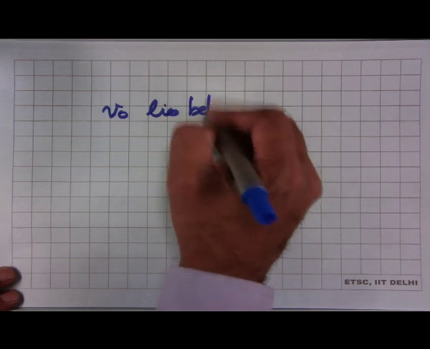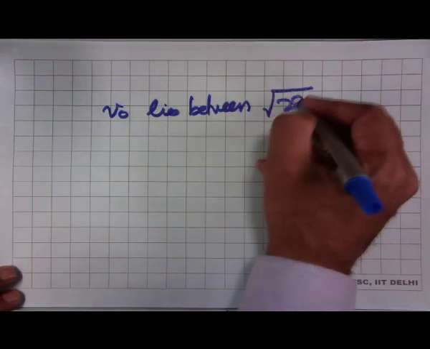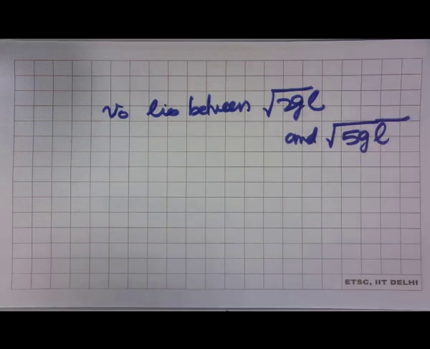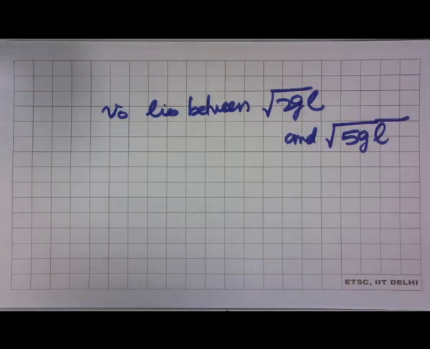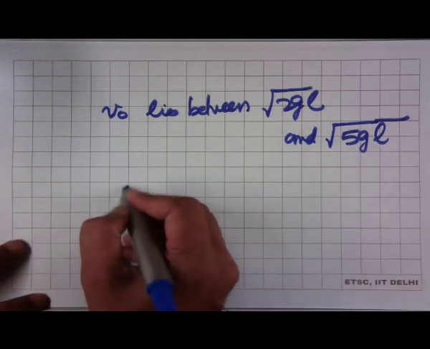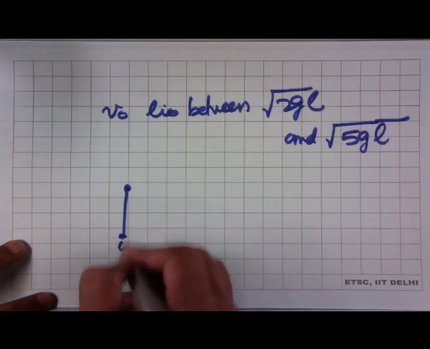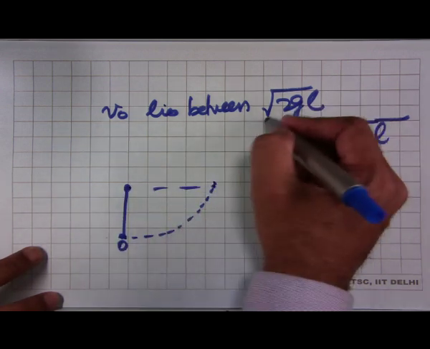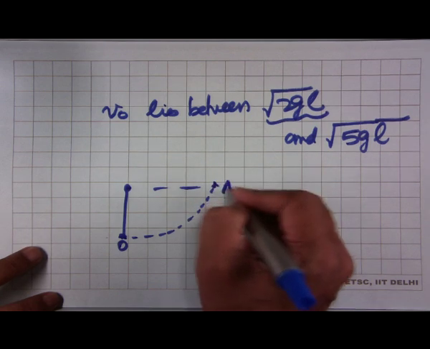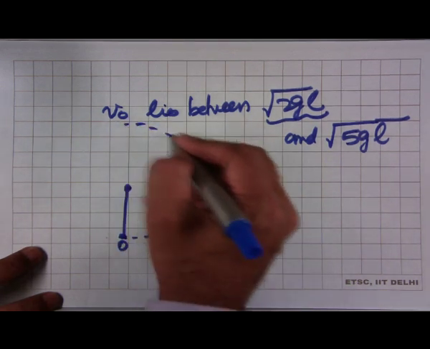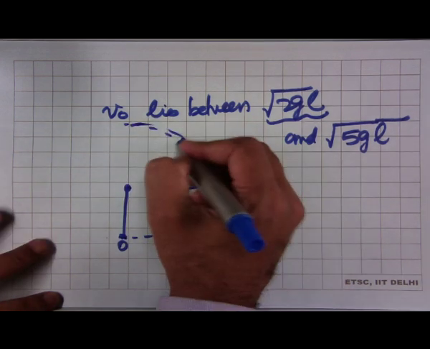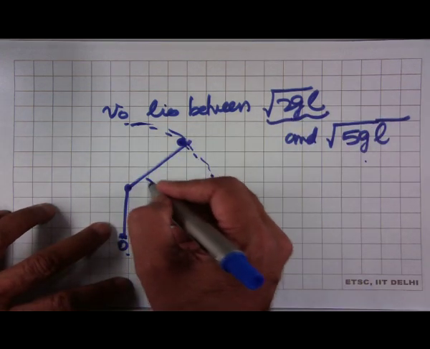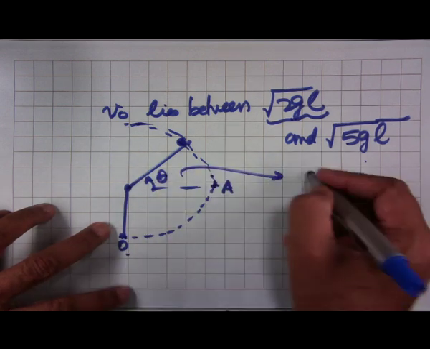lies between root 2 gl and root 5 gl? So, if V0 lies between these two values, the particle which, let us say, starts from velocity 0, moves here. Because the velocity is greater than root 2 gl, it will go past the point A. I am just showing this full circle, but depending on the magnitude of V0, somewhere here at whatever this angle theta is, the particle